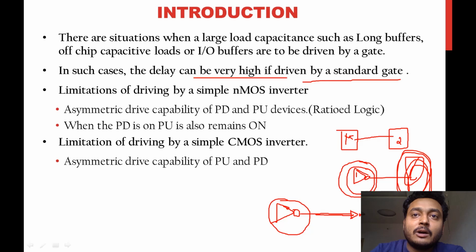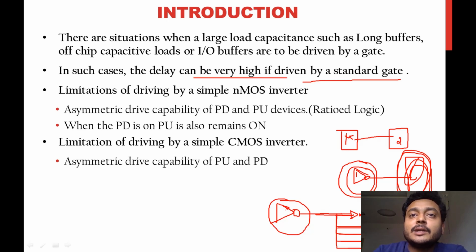If the output of this inverter is used for driving, say, so many other gates, say now the same output line is given to this inverter and some other logic here, some other gate here, some other gate here. So like this, 1 2 3 4 5. So now the fan out we call as 5.